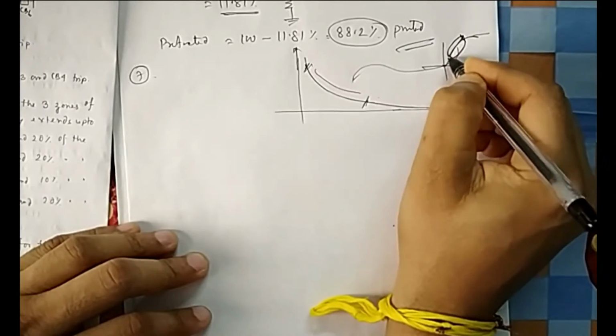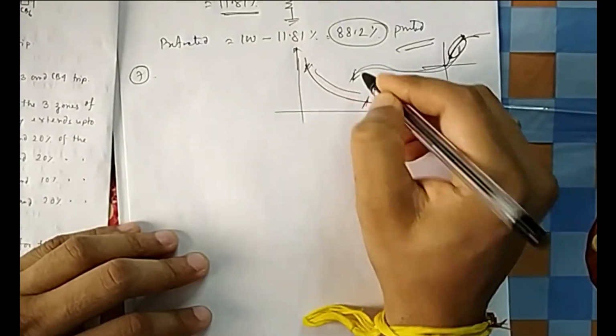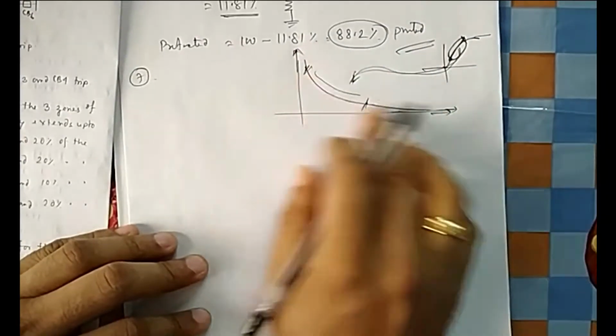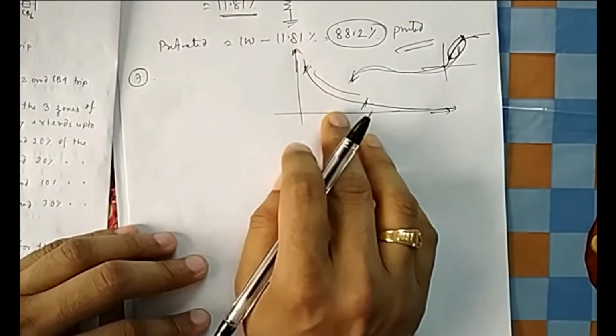This linear portion has been exposed. I have given a link. You can go and check in the theory classes, the earlier switchgear classes. You will find the link here. From there you can see.